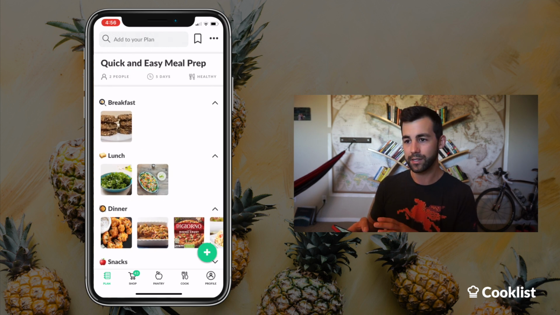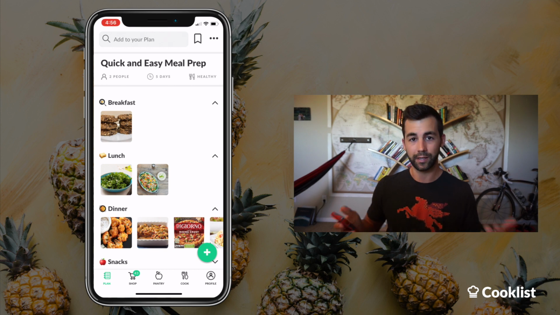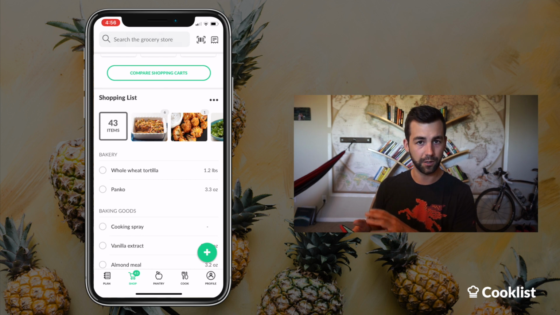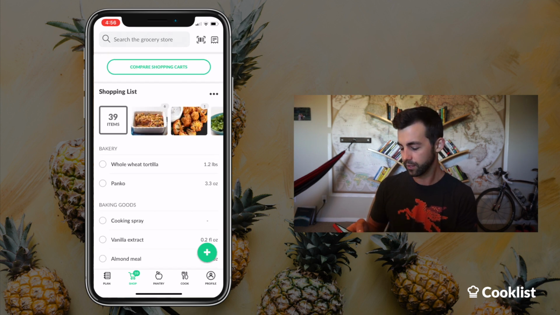So once we have all these items on the plan, we've covered adding items, searching for items, editing the details, and now it's like, okay, how do we actually follow the plan? And so we'll cover how the shopping list and everything works in the shop video, which is next. But assuming that you buy all of these ingredients,